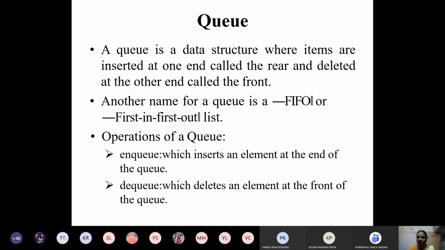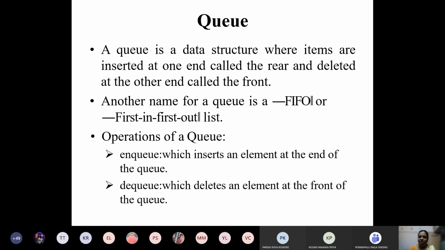This is just like when you are going to take reservation tickets, or movie tickets or something else. One way is to enter the queue, and another way is to come out of the queue. The person who enters first is the person who comes out first. Whoever enters last comes out last.